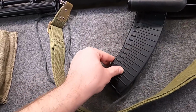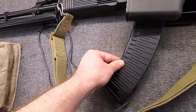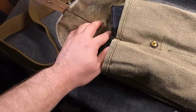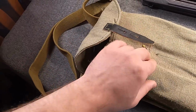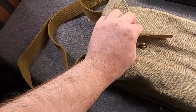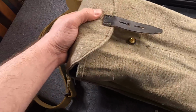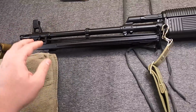Here's the modern nylon fiberglass reinforced magazine to match the true black furniture. Very standard pouch inside with a button closure. It has 2 different spots for the button, so you can scale it for different magazines. And of course,